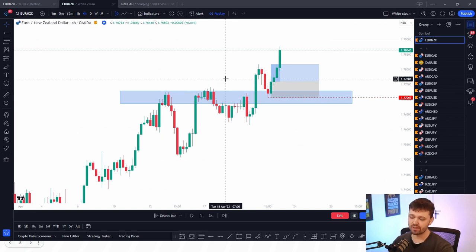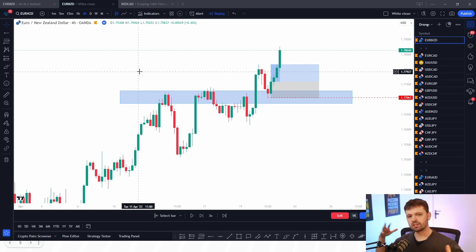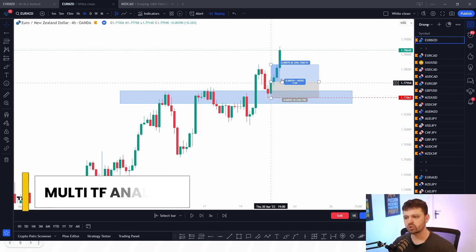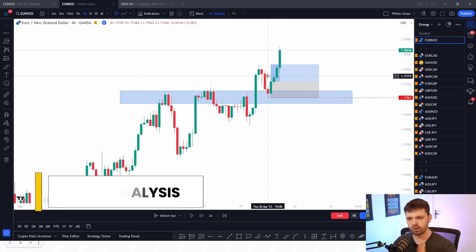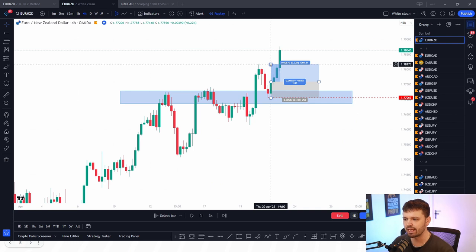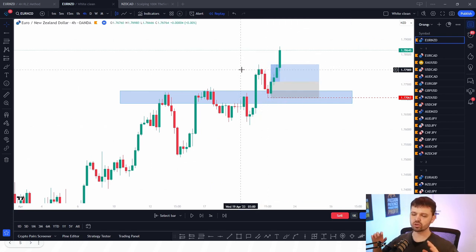In this scenario, what I like to do is incorporate the multi-time frame analysis. So one way of trading this system, very simply, is just looking at one time frame and looking at that as your FTA and your first trouble area. You can also go and look at the higher time frames to incorporate more higher time frame levels as your targets, and I'm going to be talking about that shortly in the next